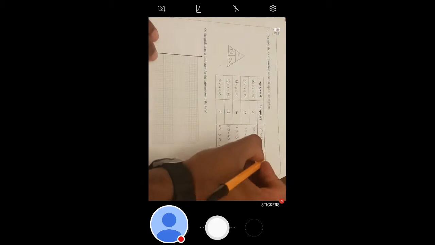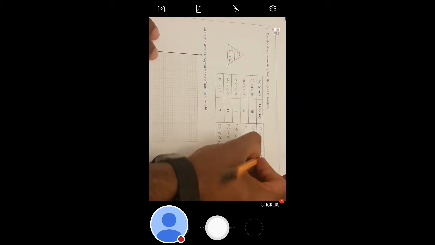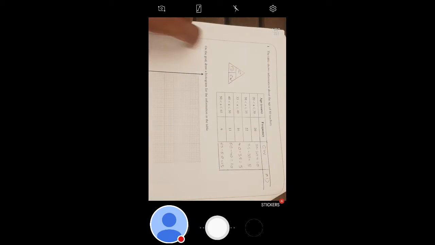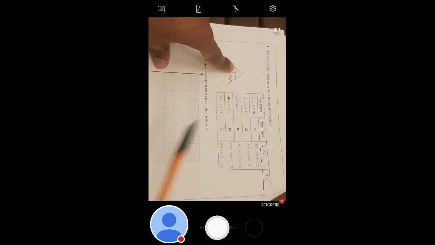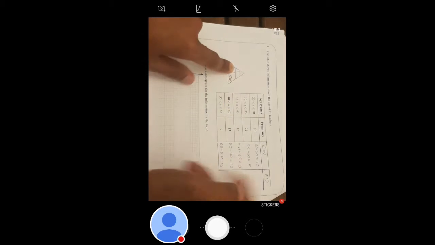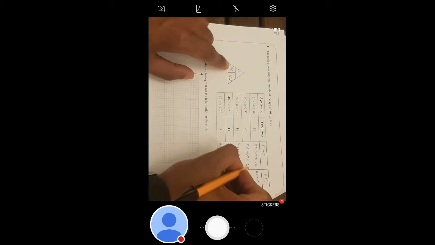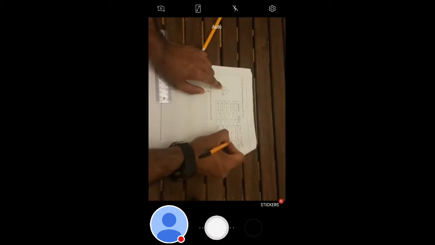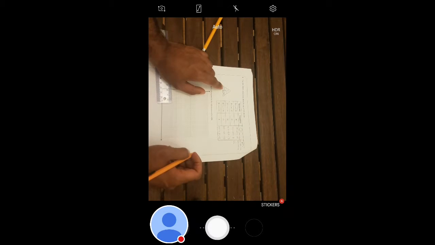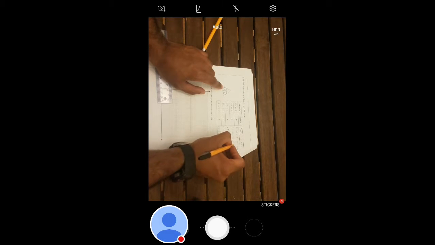The last one, I'll work out the frequency density. Again, using my triangle, to find the frequency density I cover FD, and that's the frequency divided by the class width. So here 20 divided by 10 is 2, and 22 divided by 5,